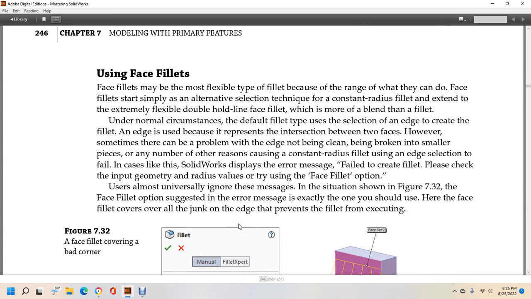Face fillets may be the more flexible type because of the range of things they can do. Face fillets start simply with the alternative selection technique, with continuous radius fillets extending to extremely flexible double hold line face fillets, which is more than a bend of the fillet. Usually, in the normal construction circumstance, the default fillet type selects the edge to create the fillet, with the edges representing the intersection between two